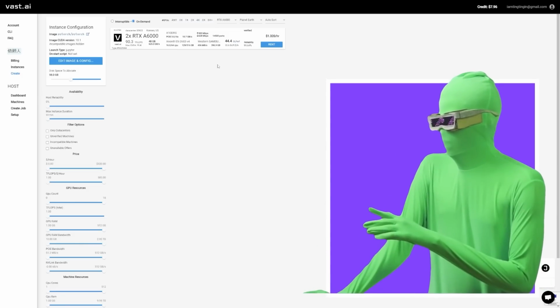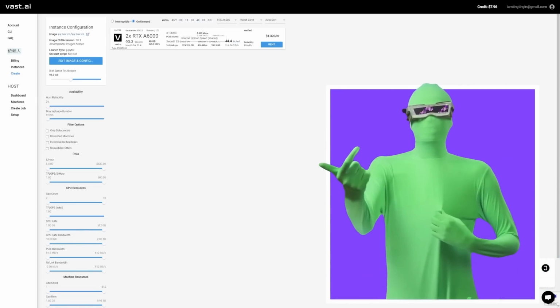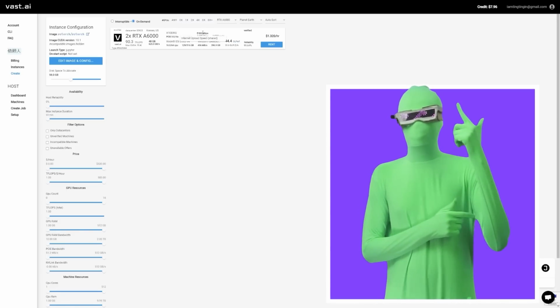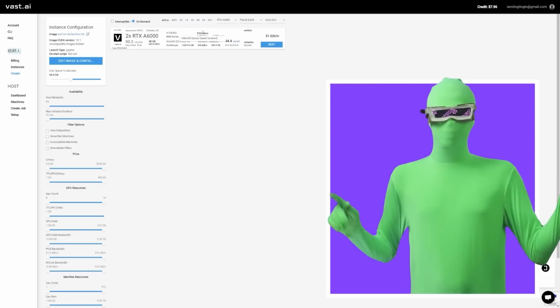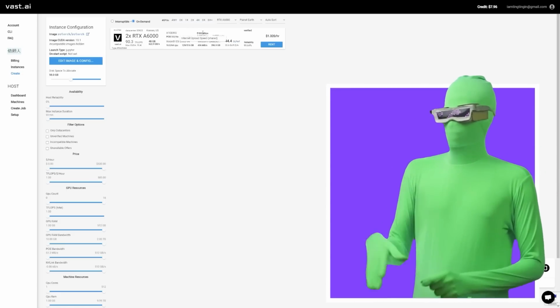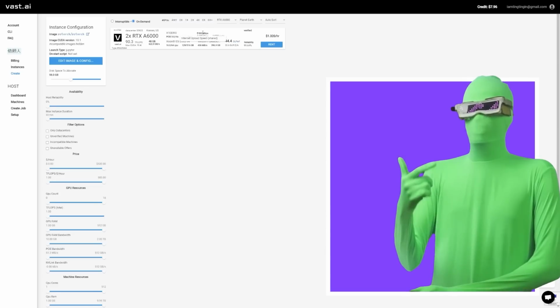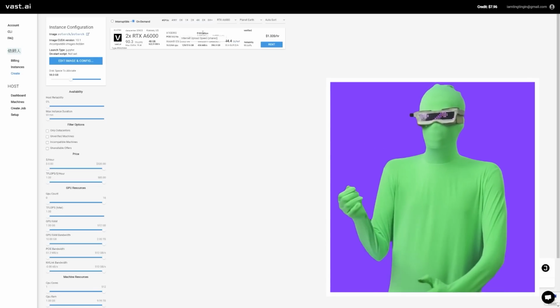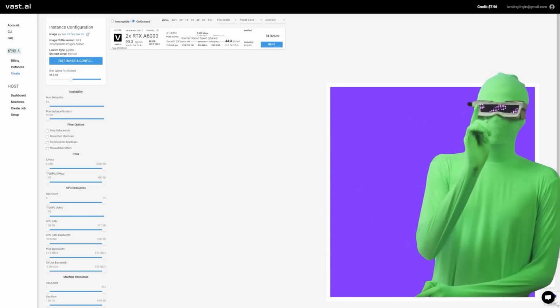The other one you want to make sure is the upload speed. The upload speed is how fast it sends the files back to you. If it takes too long to send the files back to you, then you're spending money even after you've trained up your model. You've done all your fancy stuff, you're there, you need to download the file. And when it comes time to download the file, if the upload speed is too slow, it's going to be very slow because you're uploading that from their machine to your machine. So it's going to be slow. You understand? So you have to keep that in mind as well.